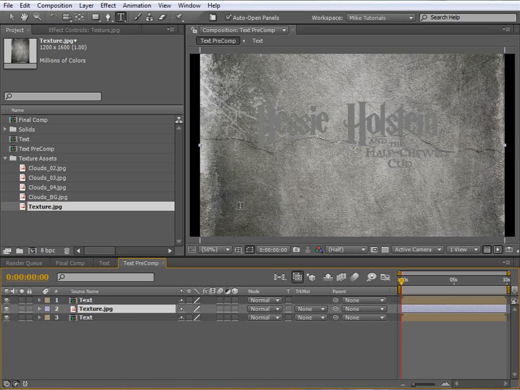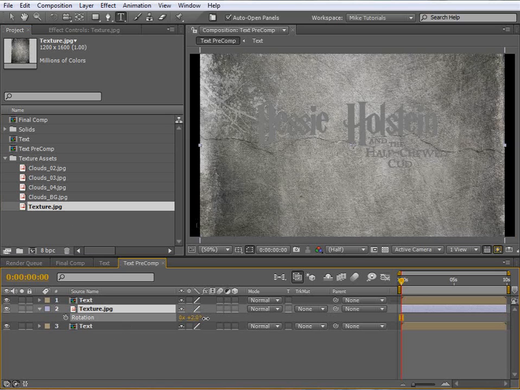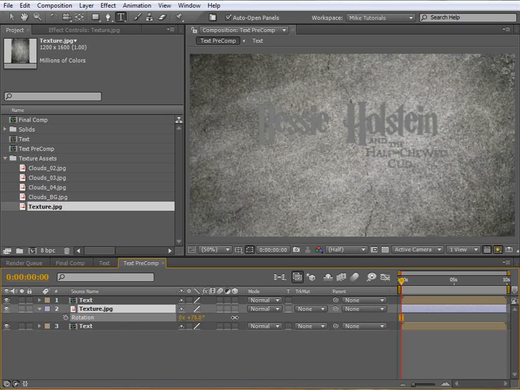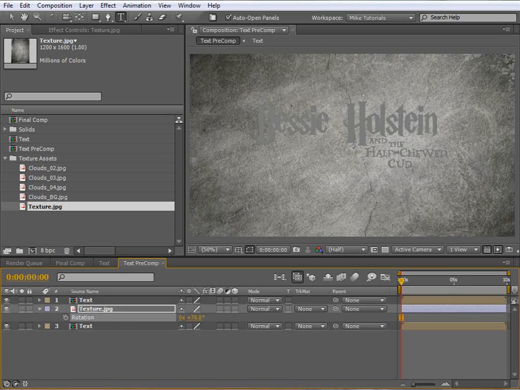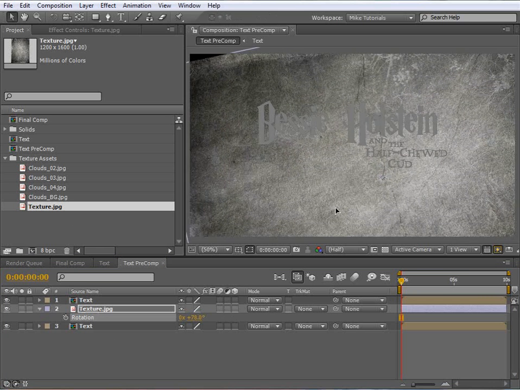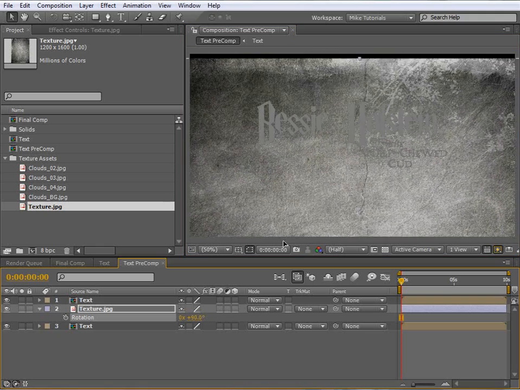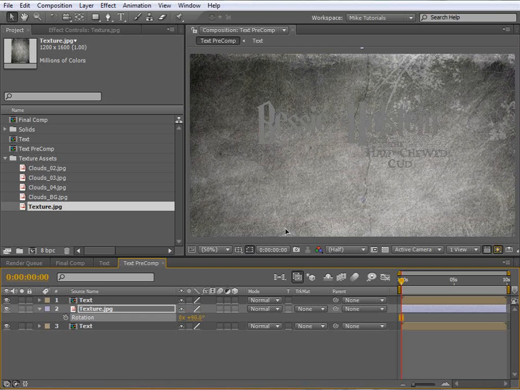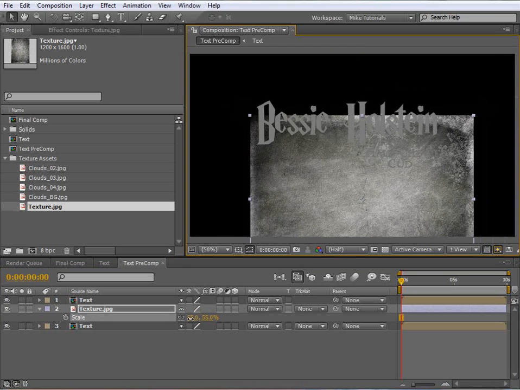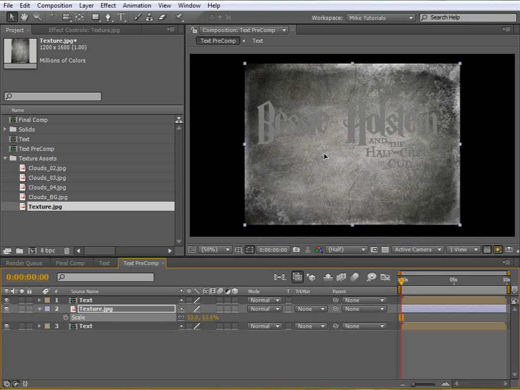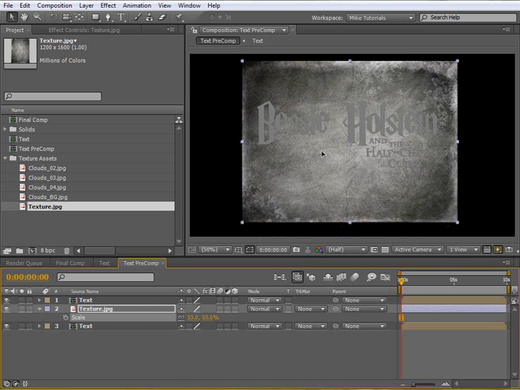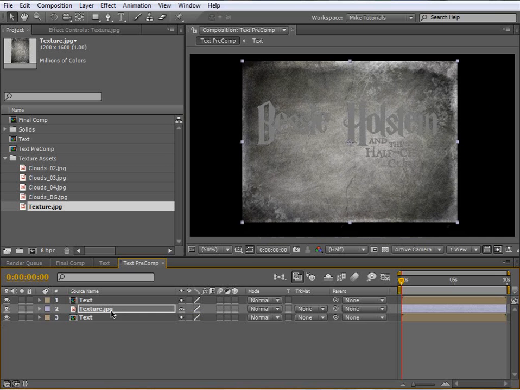And let's see here, hit R to bring up rotate. Let's rotate this around 90 degrees or close to it. And let's move this to where we get a nice look here. We can even scale it down so we get a little more resolution on it. That looks pretty good. And what we're going to do is change the texture here to an overlay over the